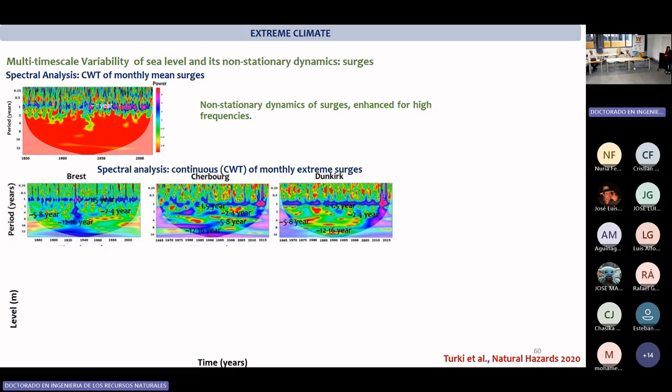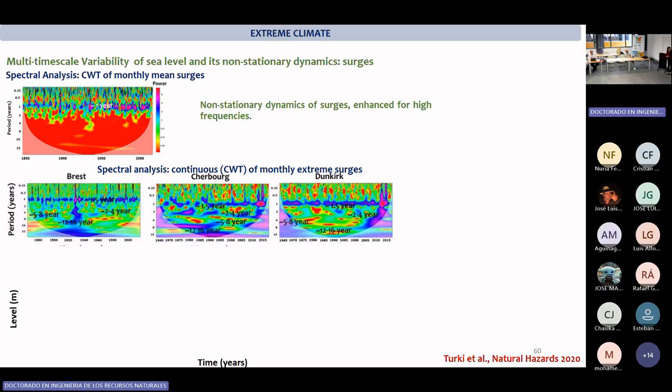So what we see here is very simple. I will explain the diagrams. There are a lot of colors. It's wonderful, but you have to understand that behind this, in time we have all the time series, all the data, and on the y-axis we have all the cyclicities, all the frequencies that we can extract from the time series.